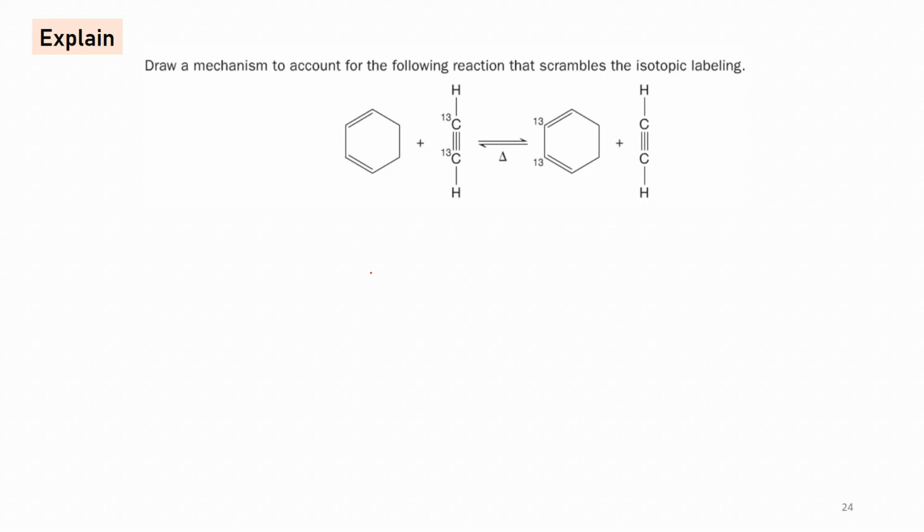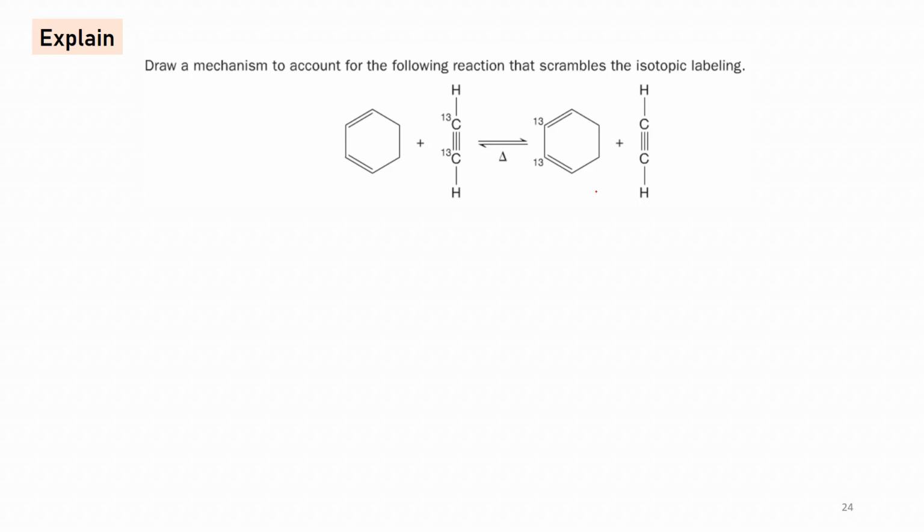So they have asked to draw a mechanism to account for the following reaction that scrambles with the isotope labeling. They have taken two substrates. It's a simple Diels-Alder reaction for a diene and dienophile, and they have labeled the two carbons of the dienophile. When they got the product, they again got a dienophile and diene, but in this case the diene got labeled